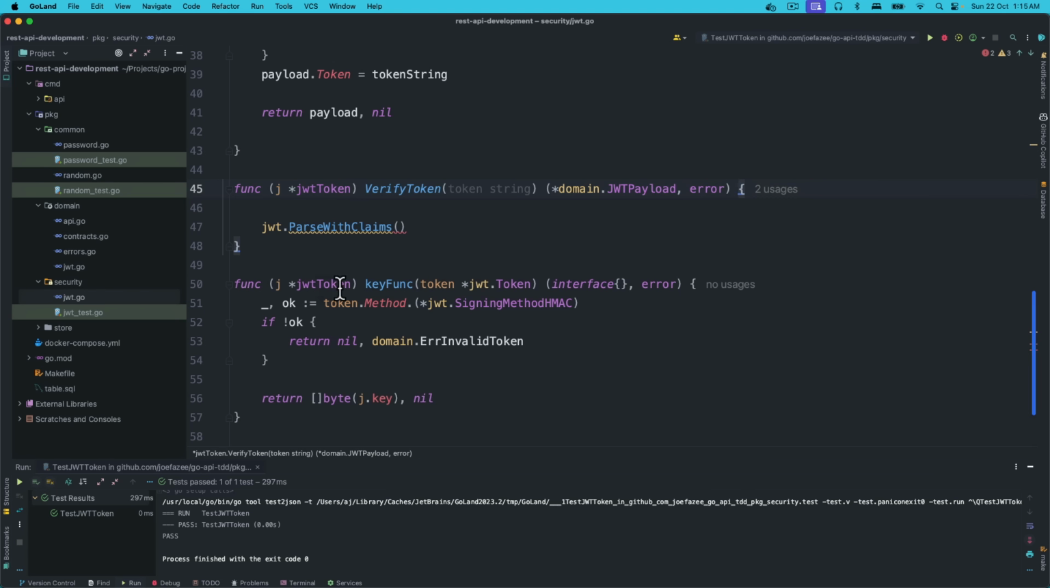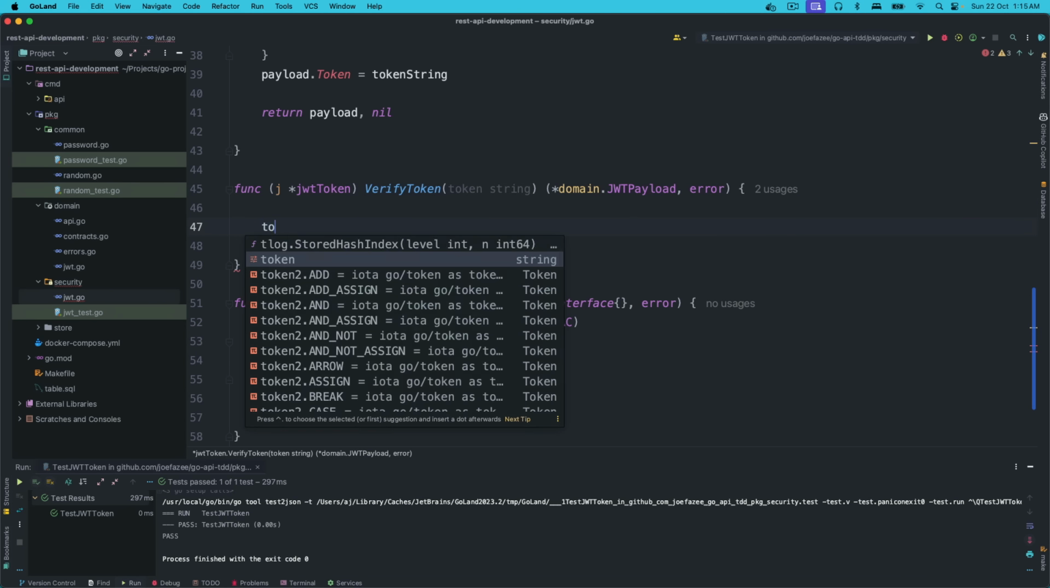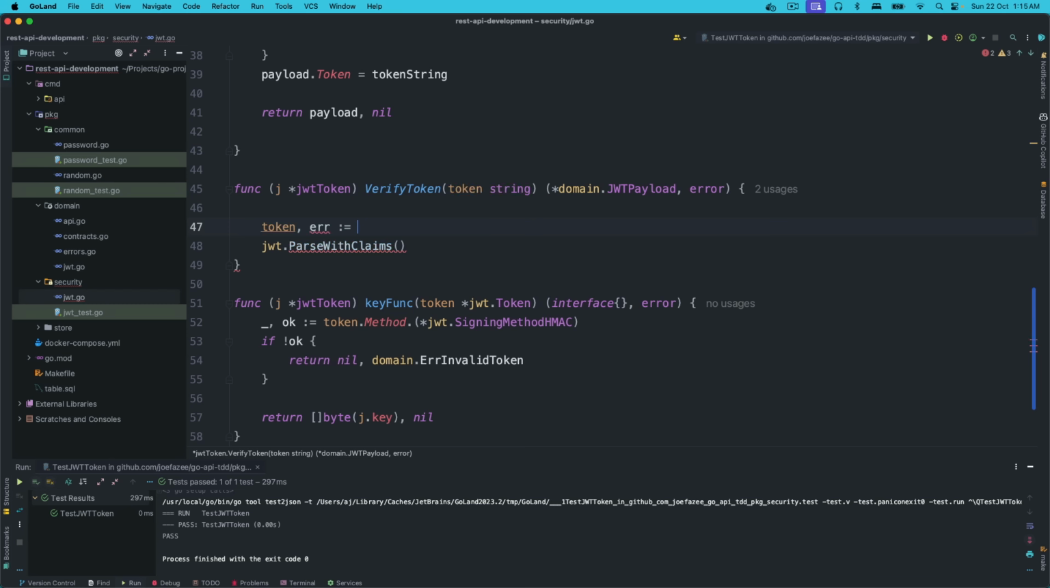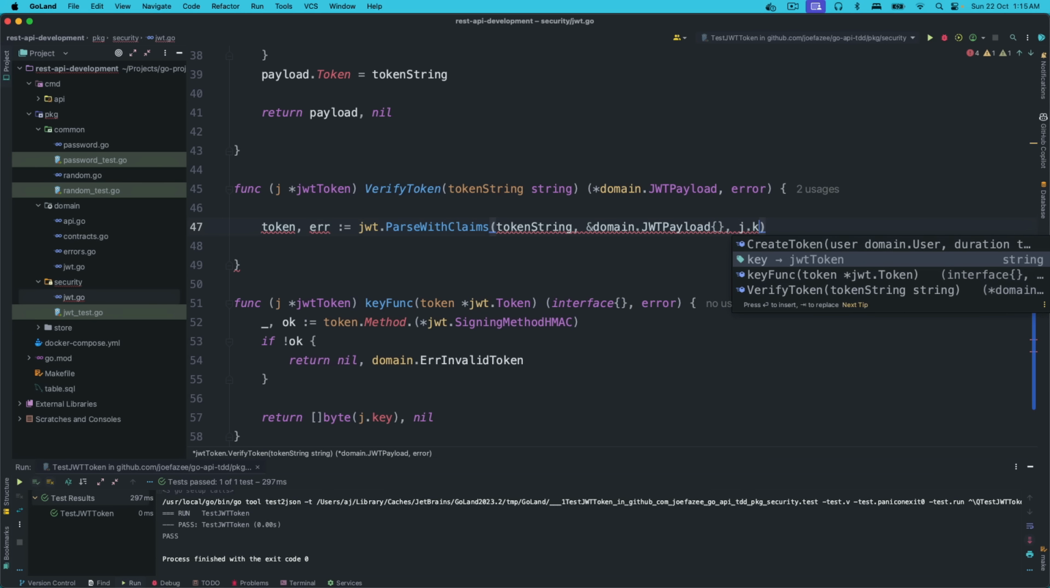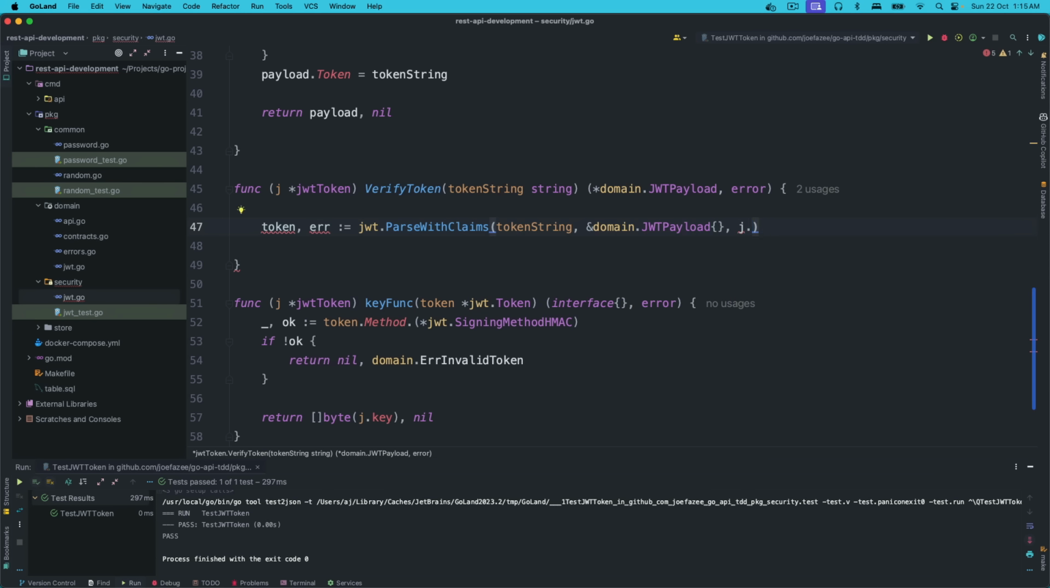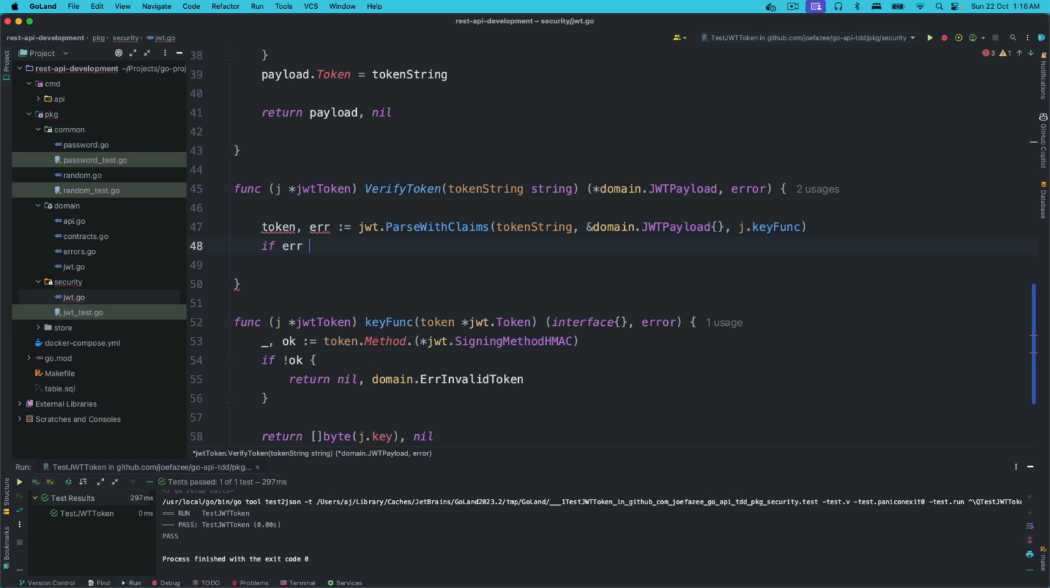Since we have the key func, our token equals to, now since I have this variable called token, I'm going to name this one token string. Okay, pass with claims, so pass the token string. Let's see if we can pass it the payload and j.keyfunc. Key func. Everything looks good. If error is not nil,